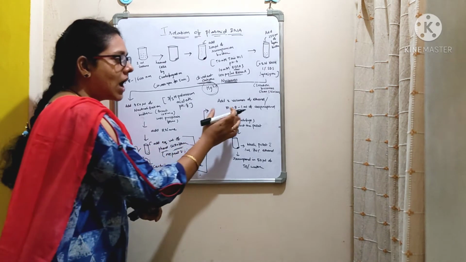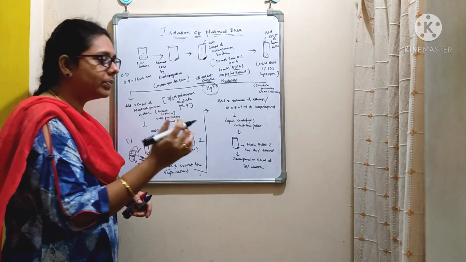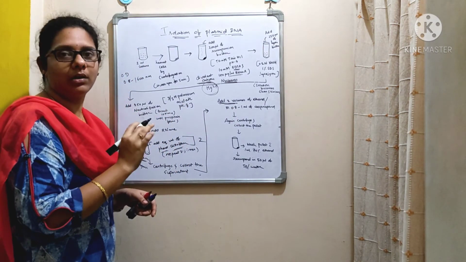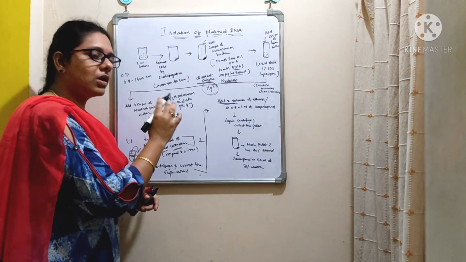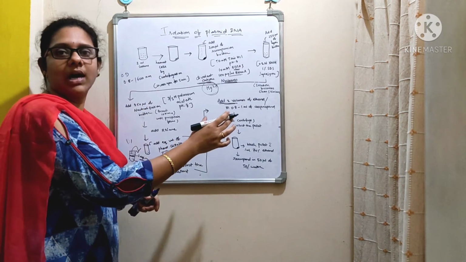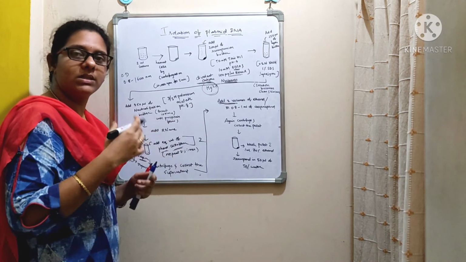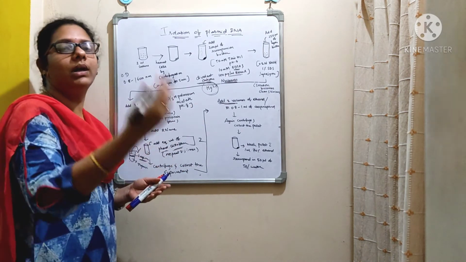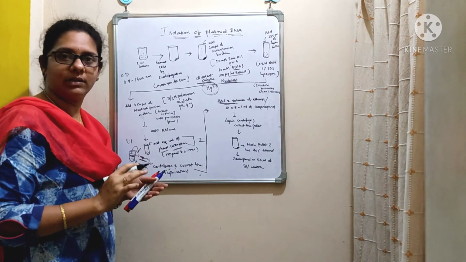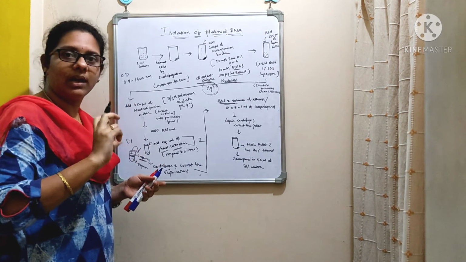Okay, so after the collection of the aqueous phase into a fresh Eppendorf tube, what are you going to do? You are going to add 2 volumes of ethanol. For example, if your solution is 1 ml, you are going to add 2 ml of ice cold, 100% ethanol. And if your solution is 2 ml, you are going to double the quantity, that is, add 4 ml of 100% ethanol. After you add ethanol, just gently mix the solution again.